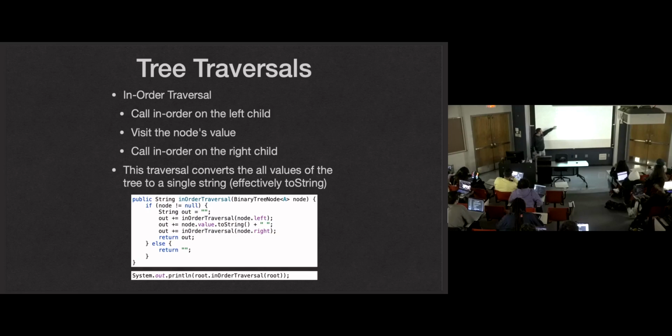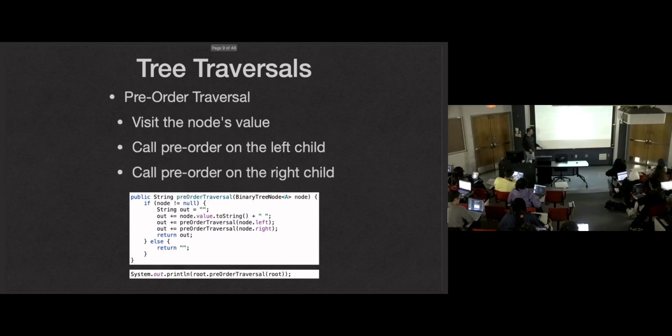So in-order traversal, we're going to call this on the root node. Starting at the root node, if the node is not null, we're going to make a recursive call to the left, calling the same method. We're going to process the node. In this one, we're effectively doing a toString method here. We're going to process the value of the node in question, and then make a recursive call on the right child. If the node is null, don't do anything. That's our method. It visits every node exactly once.